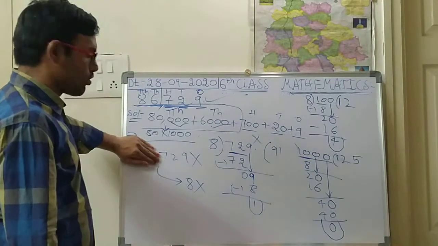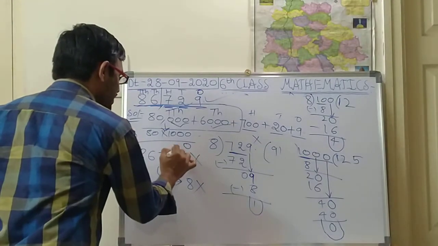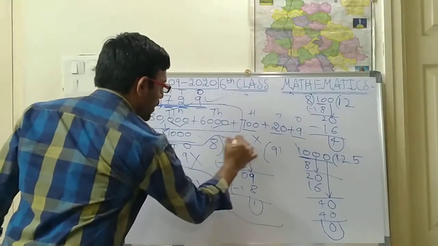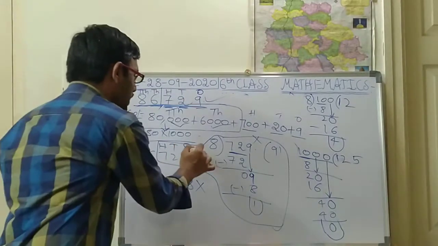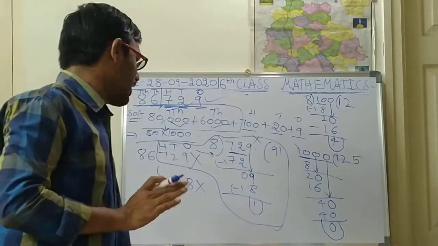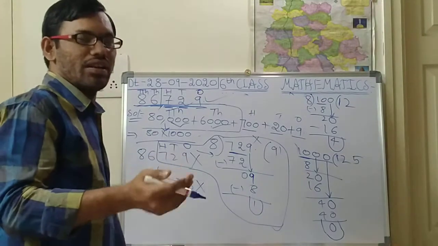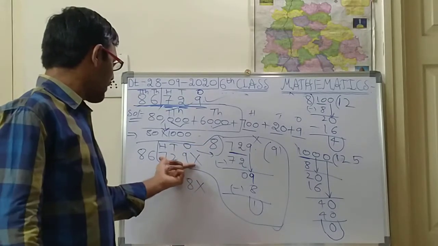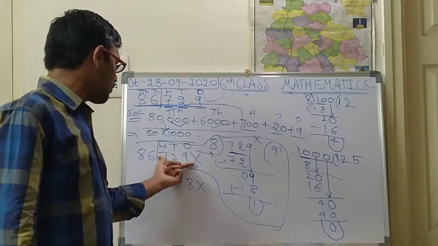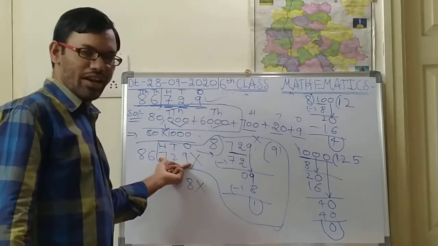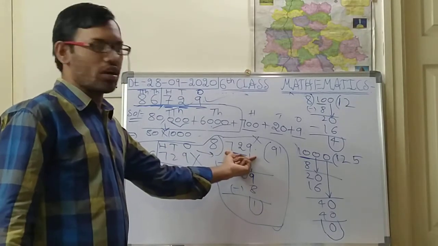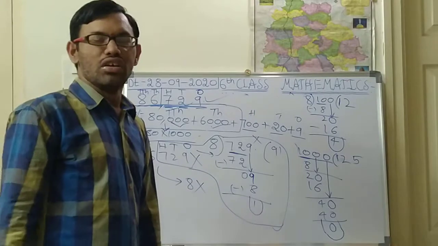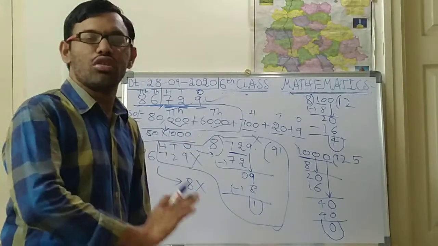So up to 86 you need not check. Only the ones, tens and hundreds places, these three places you are supposed to check with the actual division. I think you got it. Is it right, children? If there are any doubts, I will clarify them in the next class. For the divisibility of 8, you check the ones, tens and hundreds place number, whether it is divisible by 8 or not, with the actual division. If you know this actual division, then you will get it very easily. So this is about the divisibility rule of 8.